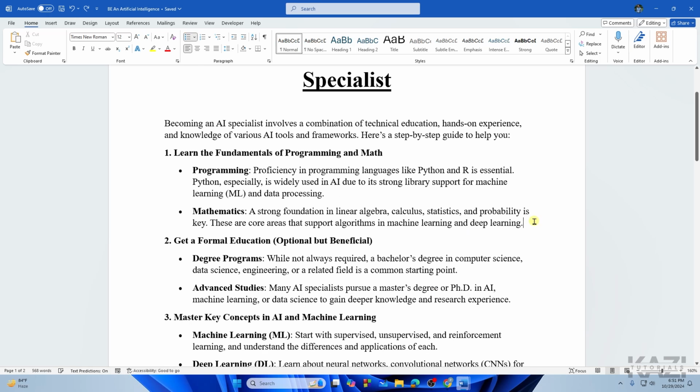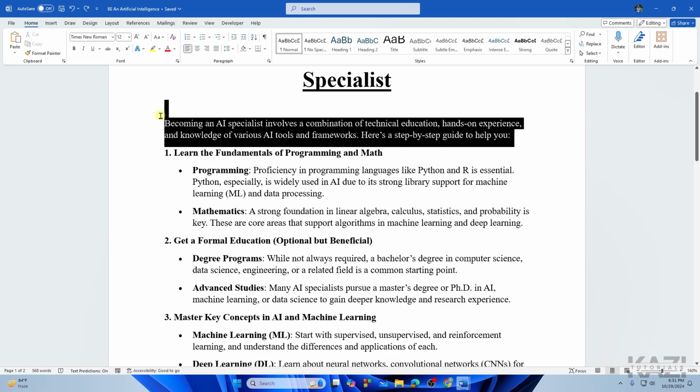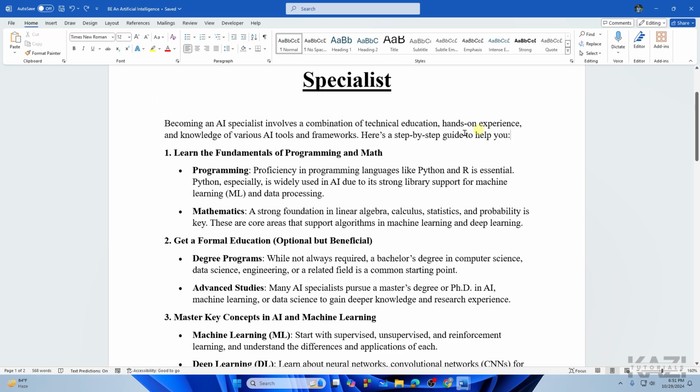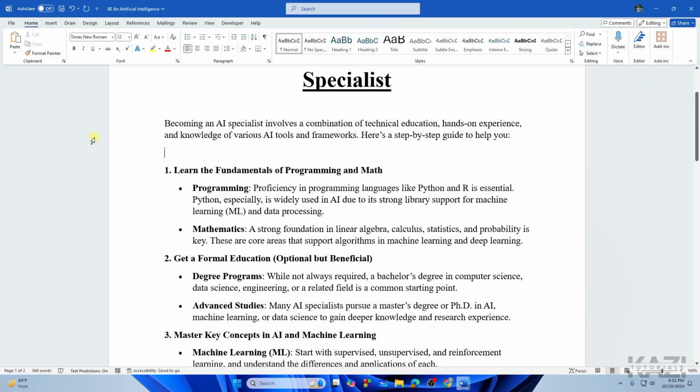For my case, I want a blank page after this paragraph. All right, so we need to move our cursor right here. As you can see, it's blinking. Then hit enter to make a space between the paragraphs, and then on the upper side you need to select